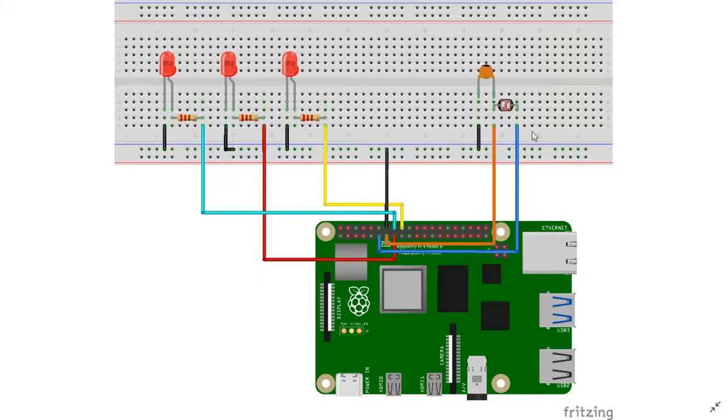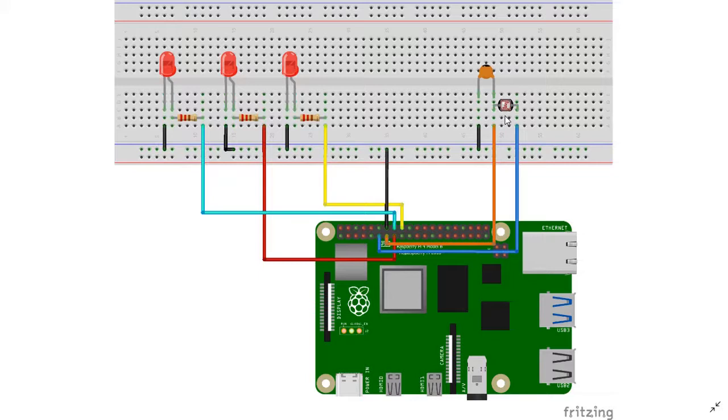Here on the right hand side we have an LDR sensor connected to a 0.1 microfarad capacitor. The LDR sensor, as we know, is a light dependent resistor, which in our case outputs values of resistance depending on the luminous intensity around it. We draw the resistance values through the time constant concept, which says that the time required to charge a capacitor in the circuit is equal to the resistance of the circuit multiplied by the capacitor value. Based on this concept, we'll be drawing the resistance values and we apply a threshold on it so that we make our decisions properly.